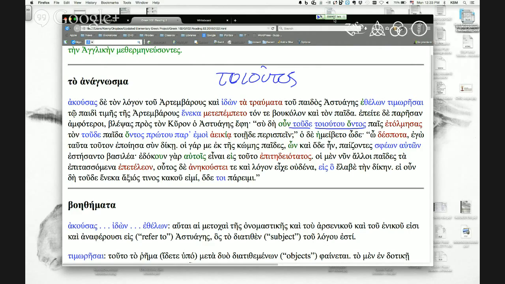Boukolos. Keep going. A peasant, he's a doulos, he's a slave. He belongs to the king. So being of this kind of person, you actually dared to treat